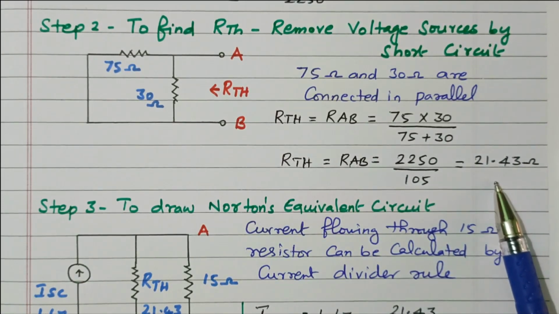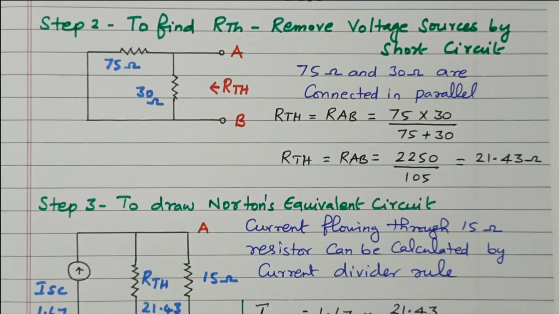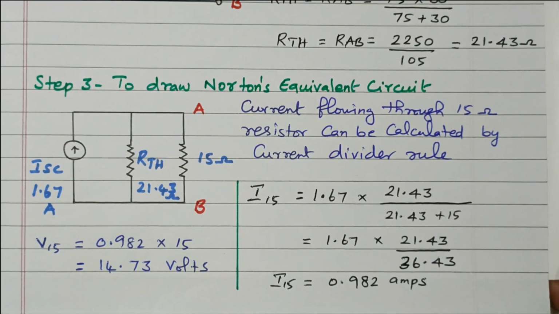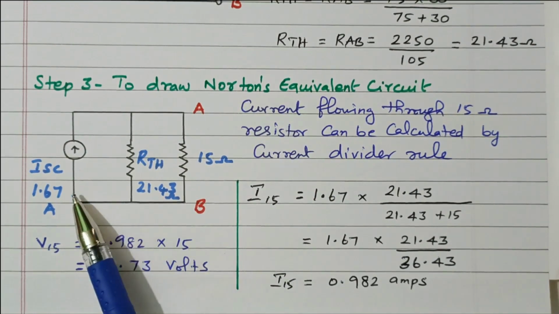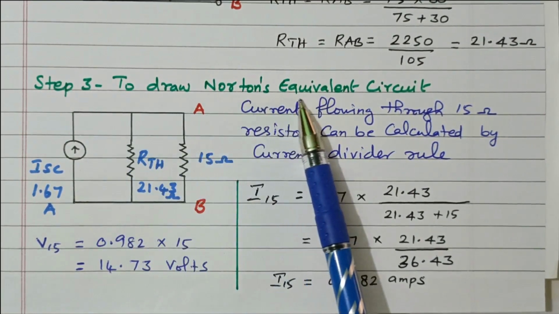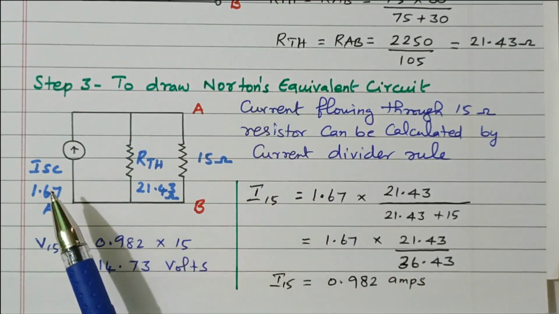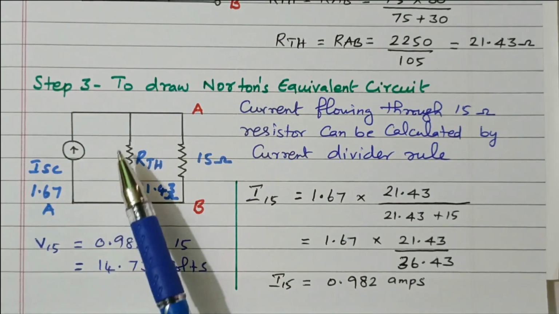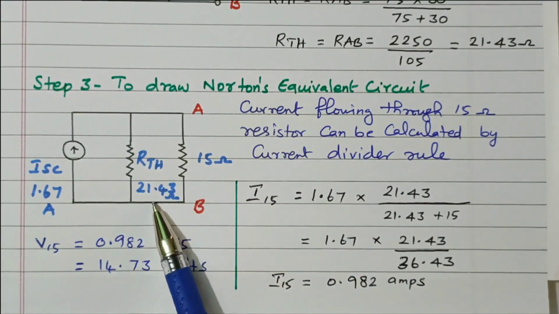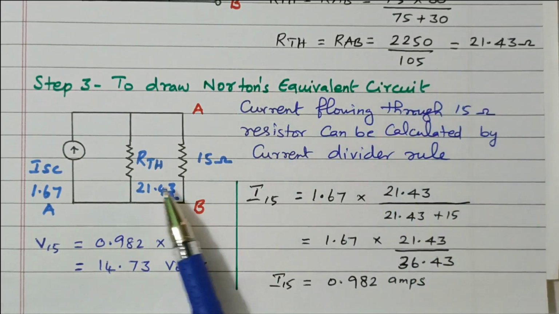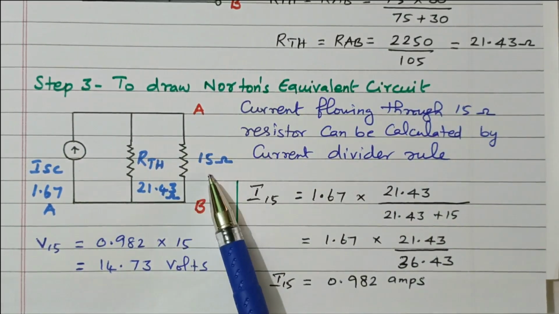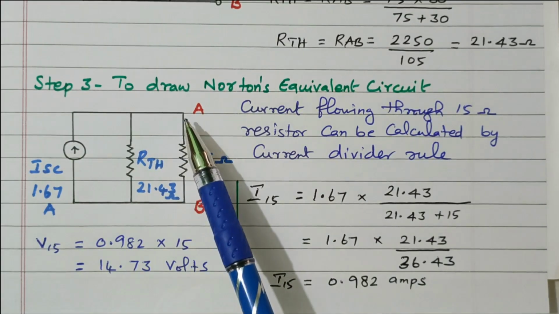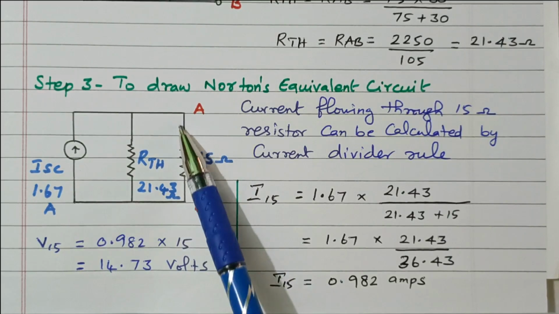Now we have calculated the short circuit current as well as R Thevenin, so that we can draw the equivalent circuit, then calculate the load current. So step 3 is to draw the Norton's equivalent circuit. This is the short circuit current, 1.67 ampere, that we calculated. This is the R Thevenin, 21.43 ohm. This is the load terminal, 15 ohm. Our aim is to find the current flowing through this 15 ohm